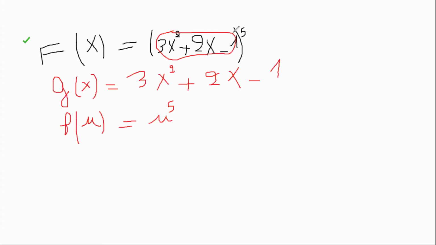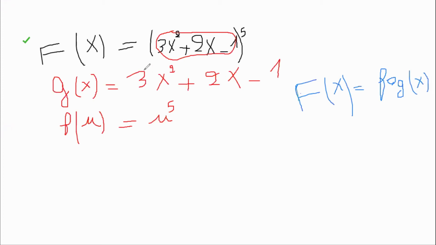When we look inside the parentheses, we put the second function, which is the inside function, g of x. That's why we have f of x equals f o g of x. Of course, this is always the order, f o g of x. Is it clear right now? Then what is in colors is the work.